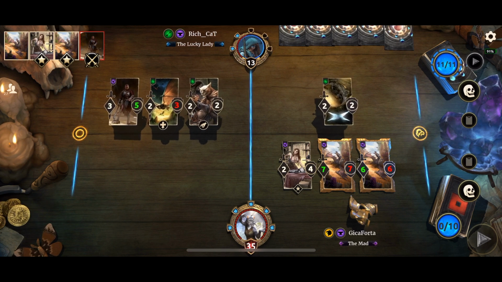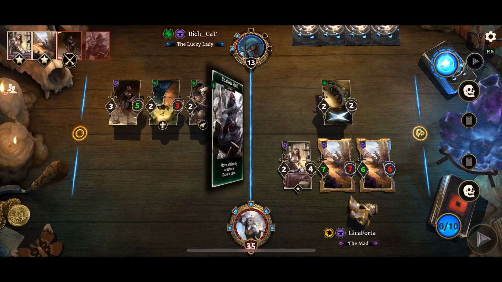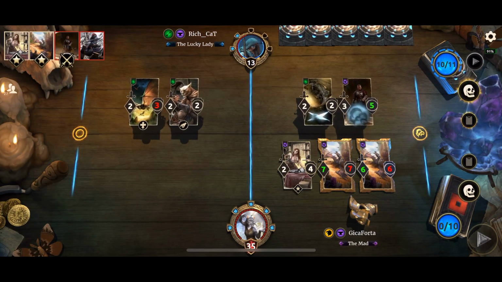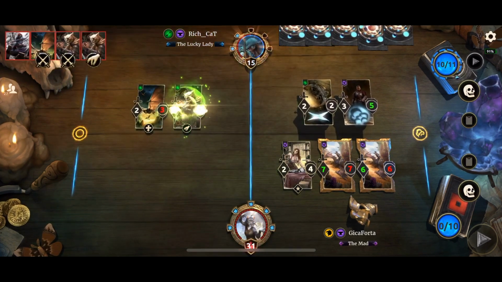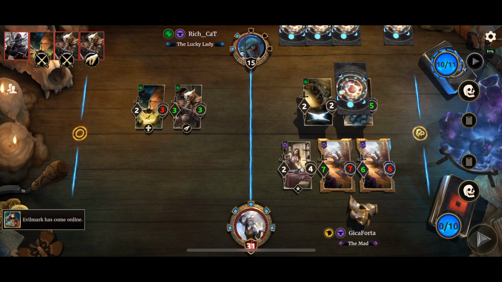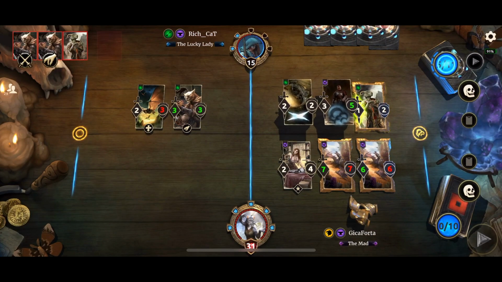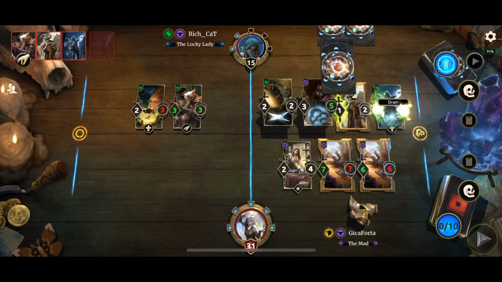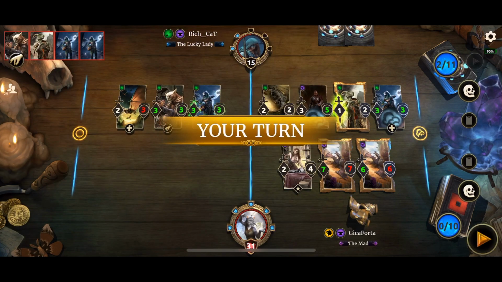Still have exactly 15 damage on board. Shadow Shift. That's 5 damage, not enough to kill any of the dragons. Wait, there's more. So right now I have exactly 15 damage that I can do and win. But I've got no more cards in hand, so...